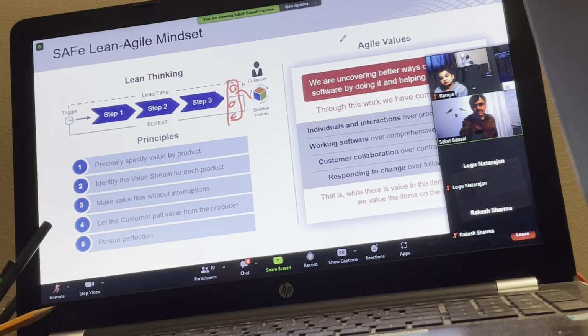And finally, keep focusing on perfection, which means continuously working on reducing the time it takes from trigger to delivery. This time is many times called lead time. So continuously focus on how fast we can deliver value, how we reduce the lead time, how we reduce wastages, how we reduce slowness, so that we can achieve fast delivery cycles. Applying these 5 ideas is lean thinking.